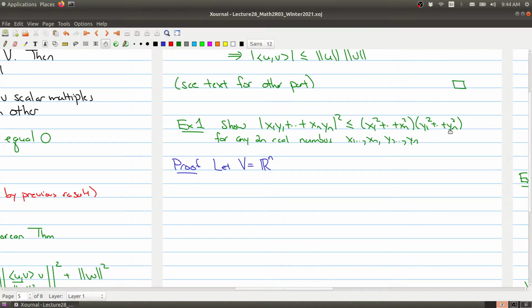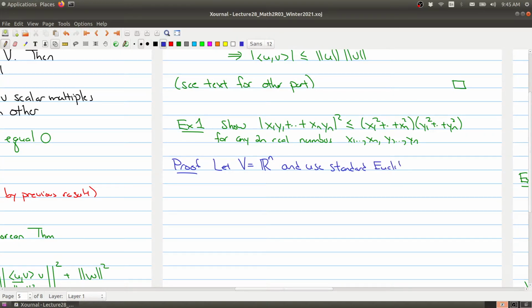So this is the inequality. If we were asked to prove this, it might at first glance be an extremely hard thing to prove. However, it actually just follows from the Cauchy-Schwarz inequality. The trick is to find the right inner product space and inner product. Here we're just going to let V be Rn, and we're going to use the standard